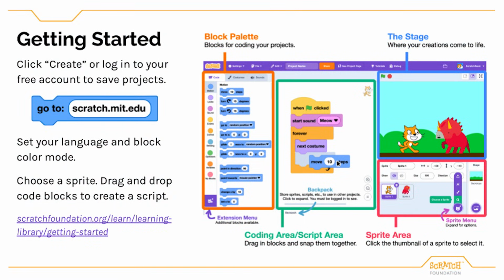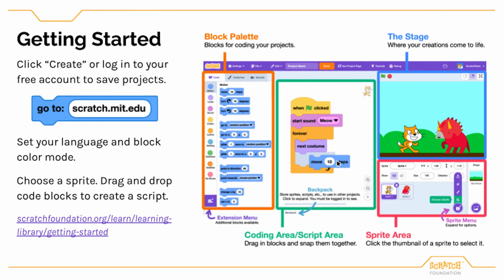To code along with me today, you can go to scratch.mit.edu and click Create, or log into your free Scratch account to save projects. For anyone new to Scratch, we have Getting Started resources on our platform and in our Learning Library with lots of helpful information. But a few quick basics. The Scratch Project Editor screen is where you'll create projects in Scratch. If you aren't already on this Project Editor screen, click the See Inside button, which is available on all projects.